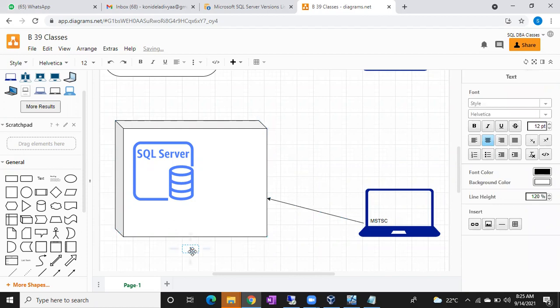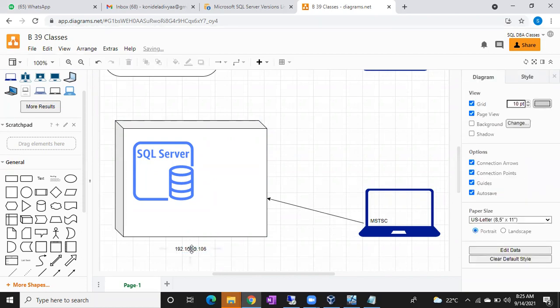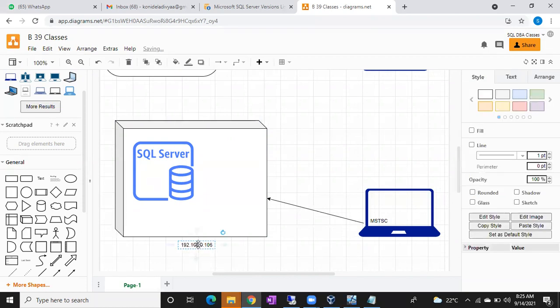Imagine our server IP address is 192.168.0.106. You simply type this IP address under the MSTSC section, and it will ask for a username and password.